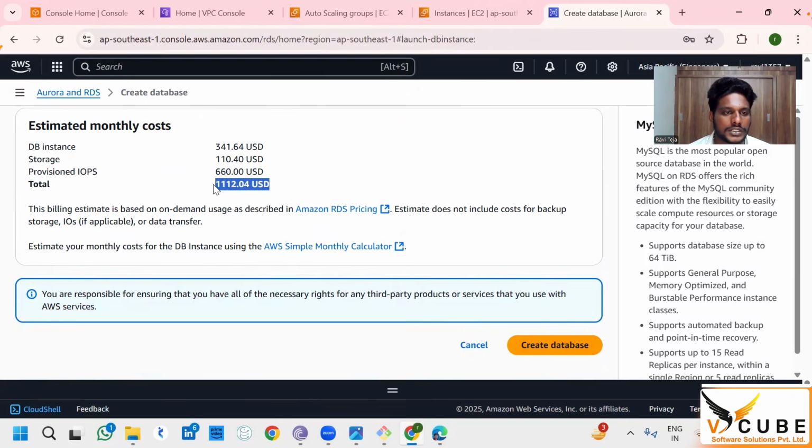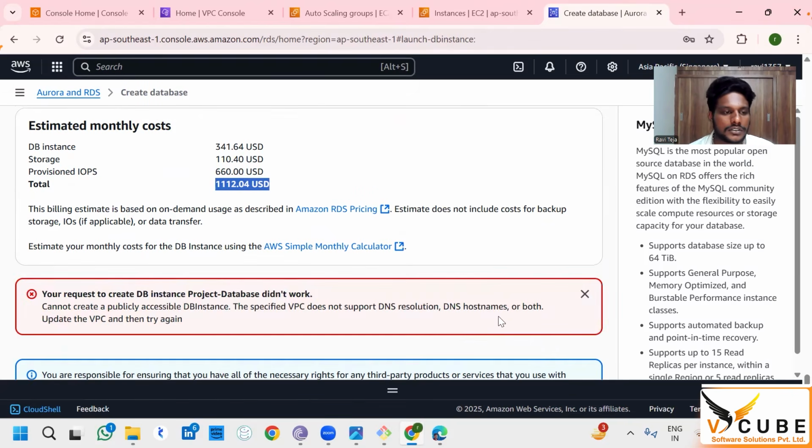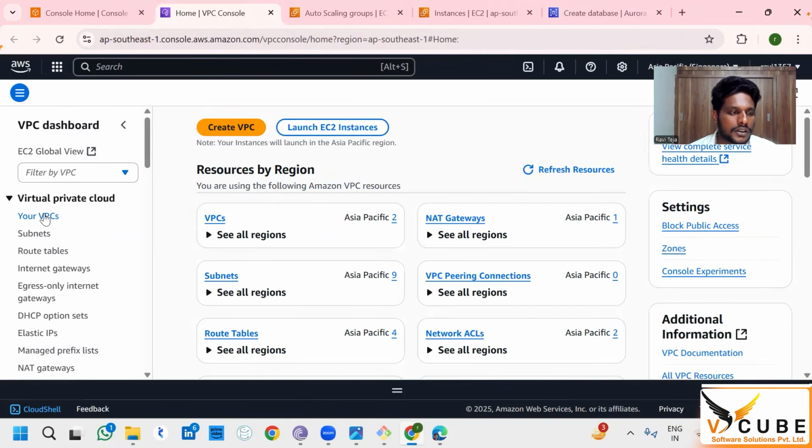Per month the cost is this, and then just create database. Okay, the error says: the specified VPC does not support DNS resolution, DNS hostnames, or both; update the VPC and then try again. Okay, what we are supposed to do is go to the VPC console, click on VPC,